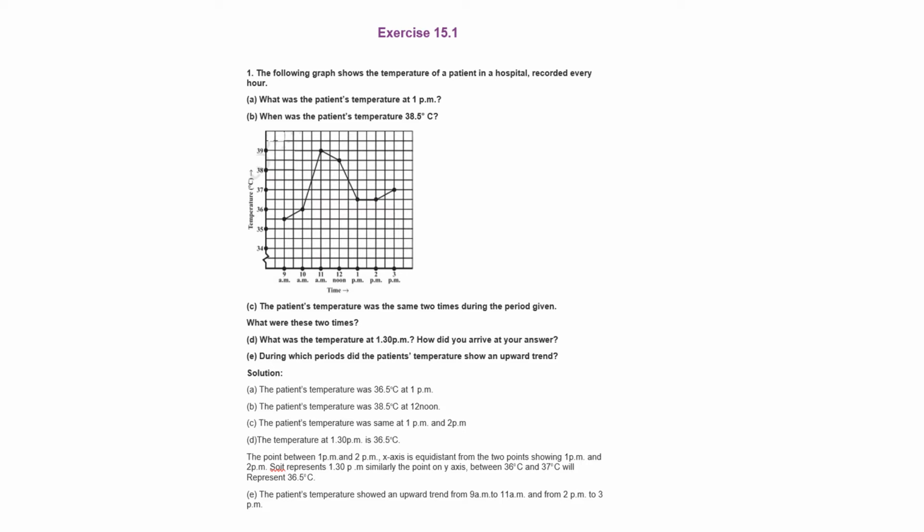Just see now our question number two. Again, a line graph is given to us, showing the sales of a particular manufacturing company. Now the question is, what were the sales in 2002 and 2006? With the help of this diagram, we can tell that in 2002 the sale was 4 crore. In 2006, it is 8 crore.